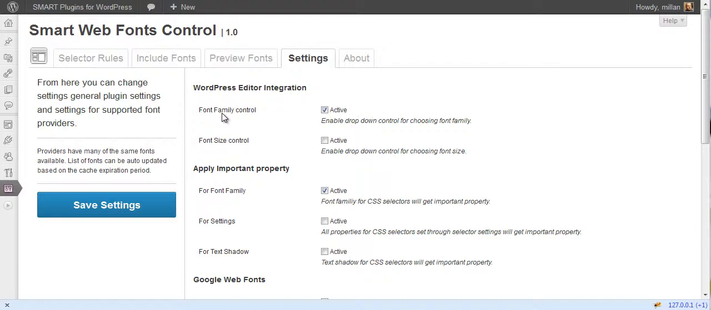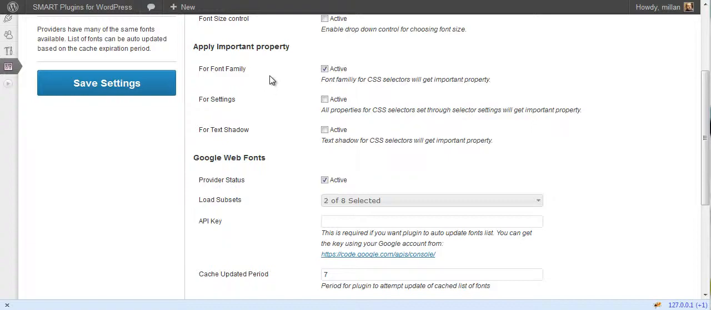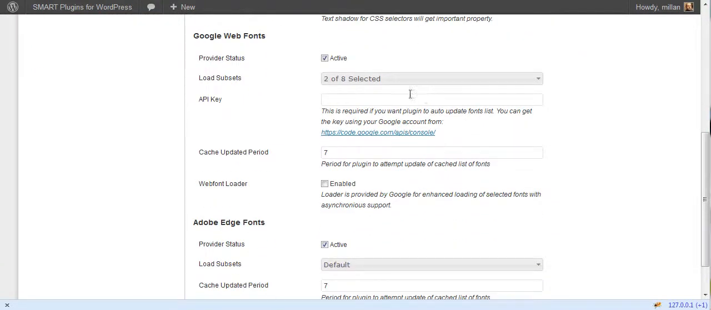Adobe into the editor directly. Next, when applying rules for properties for font family, other settings or shadows, you can enable use of important property to attempt and override theme set CSS properties, and make sure that whatever you created with this plugin is actually displayed. Next, you need to set up Google Web Fonts, Adobe Edge Fonts